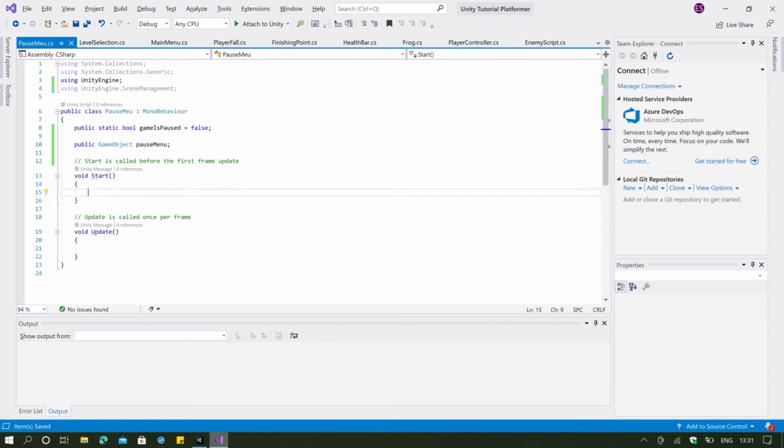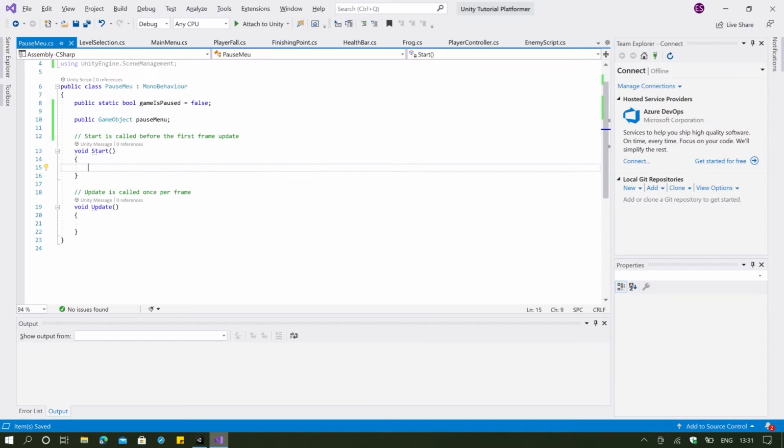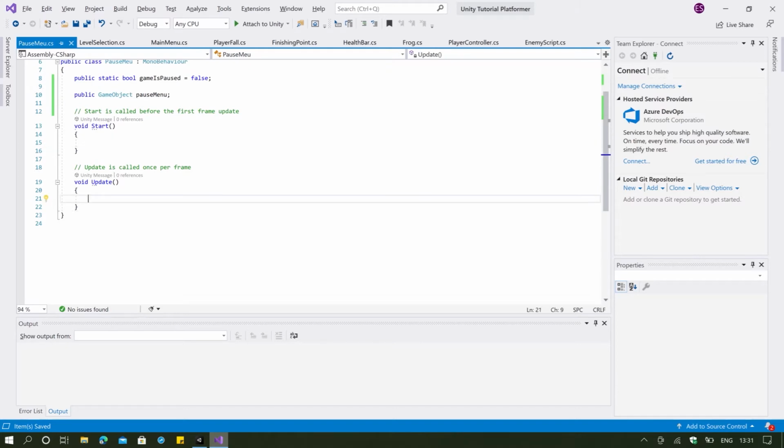And we are going to type nothing in our void Start, and we're going to directly type it in our void Update, because this pause menu will only occur when our game is running. It cannot be initialized at first. So the first thing is we're going to say that if the input of the player, maybe I'm just going to comment this first, input of player is Escape. So if the player is pressing the Escape button,